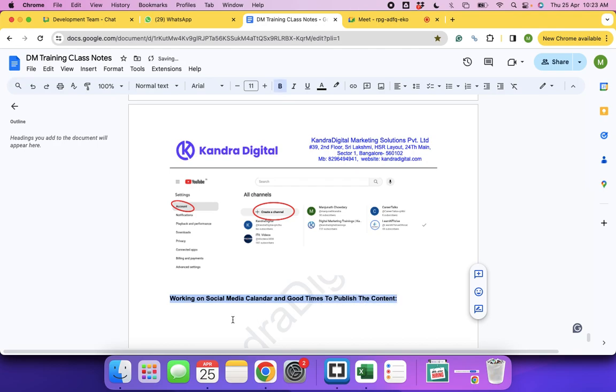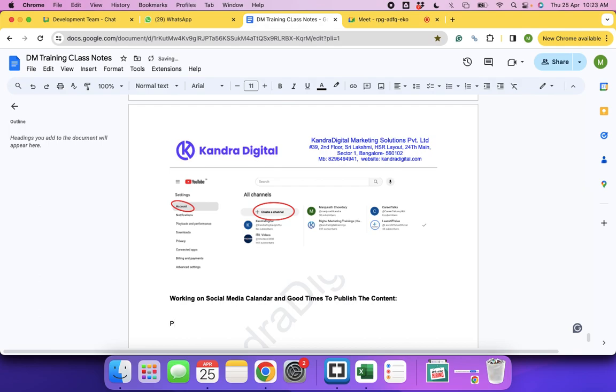No, sir. Okay. So digital marketers, especially social media marketers, use this terminology, social media calendar. So what is the social media calendar? It is planning of the content for a specific time period, let's say for the next 1 week, next 1 month, next 3 months, next 6 months, and 1 year.